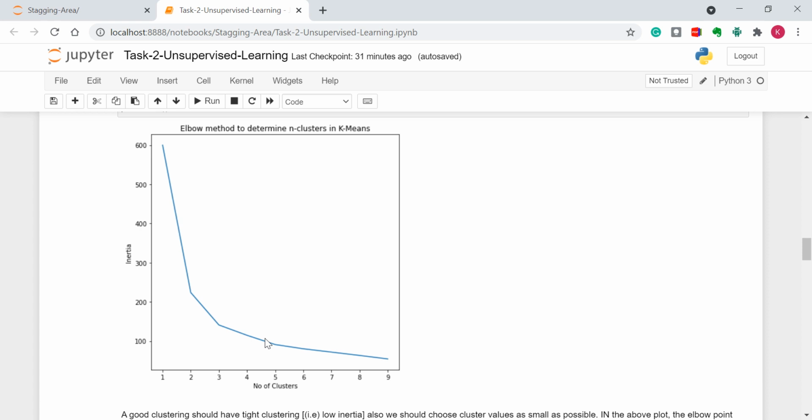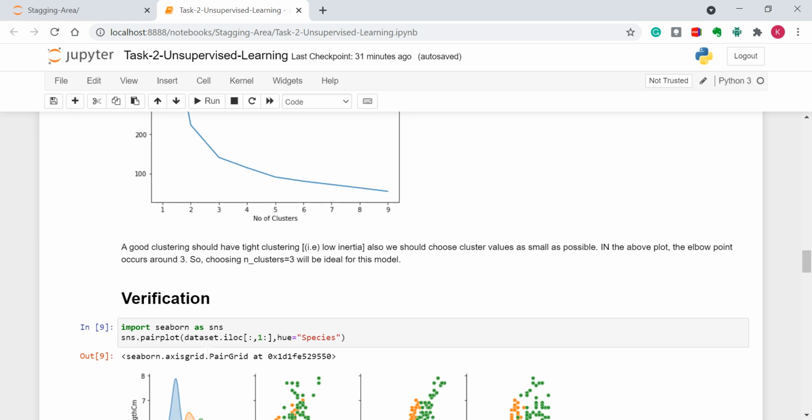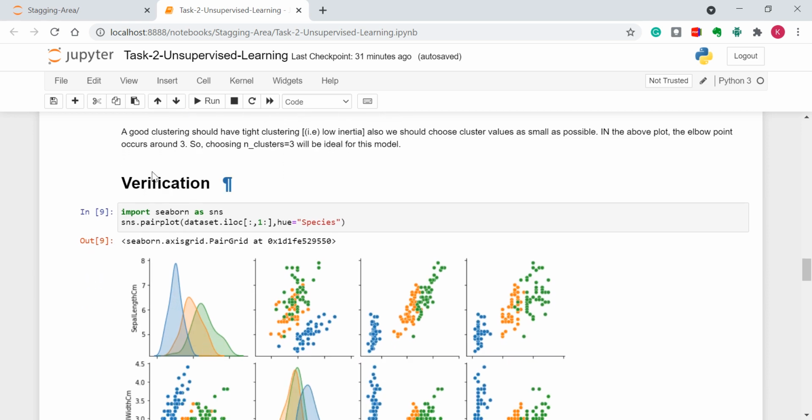So we have to choose the value from that. We can see that 3 is the point where the inertia starts decreasing slowly, so we choose 3 over here. That's it. We have found the optimum number of clusters for our model.